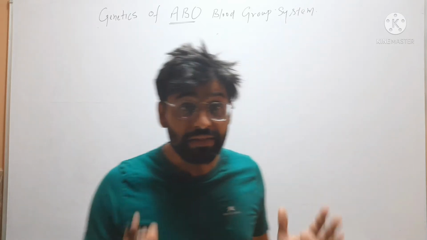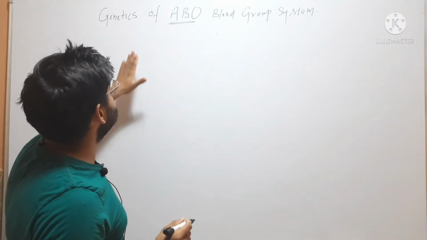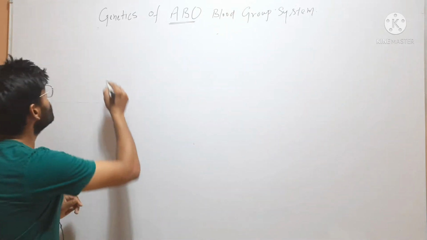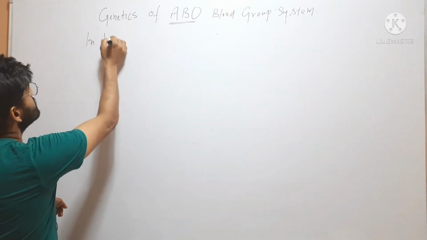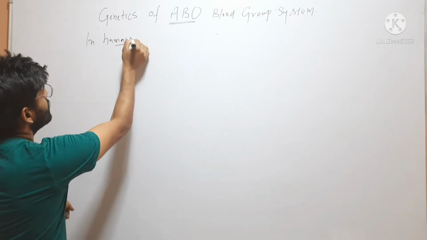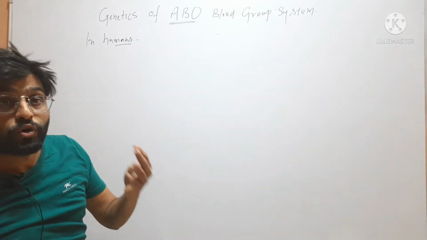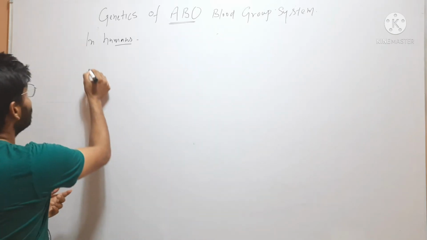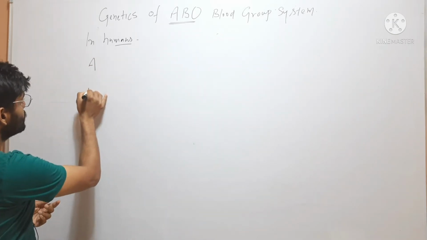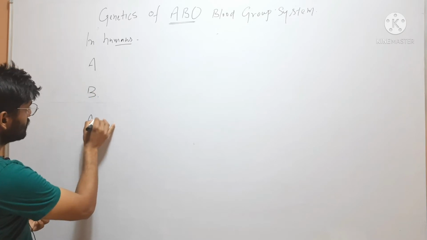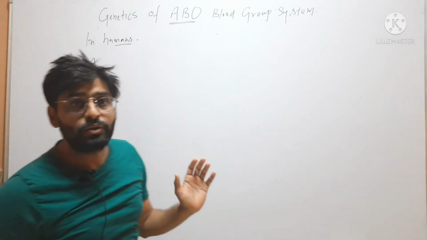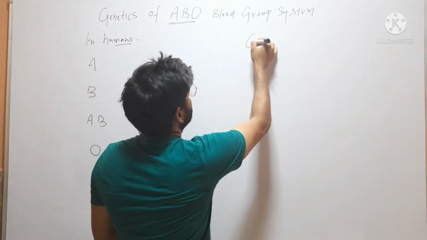Hello friends, in this video we will discuss genetics of ABO blood group system. We know that in humans there are four different types of blood groups in ABO blood group system, that is A blood group, B, AB and O. All these blood groups are controlled by